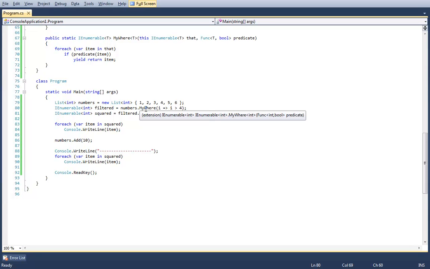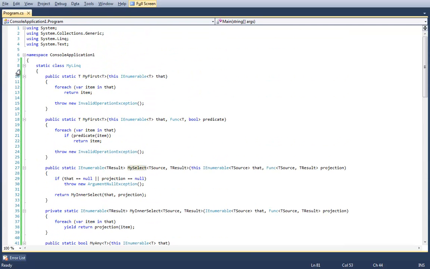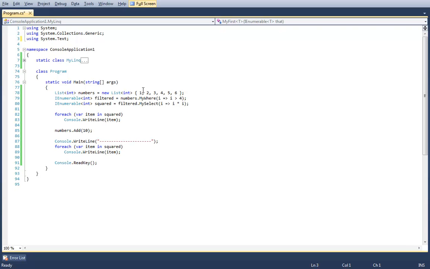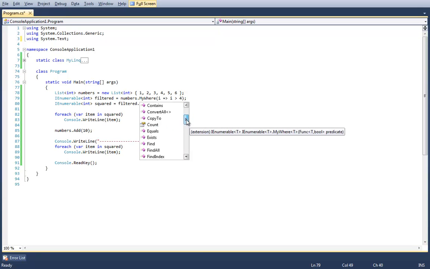Also keep in mind that extension methods work with scope of namespaces, meaning that these extension methods appear on IEnumerables in this file because these extension methods that are defined up here in this static class are in the same namespace as Program. If they were in different namespaces, you would need to add a using statement to import whatever namespace MyLINQ came from. That's also an additional requirement for LINQ. So this using System.Linq here is actually very important, because if I remove it and open up the IntelliSense, notice how all of the LINQ methods just disappeared. Except for mine, of course.